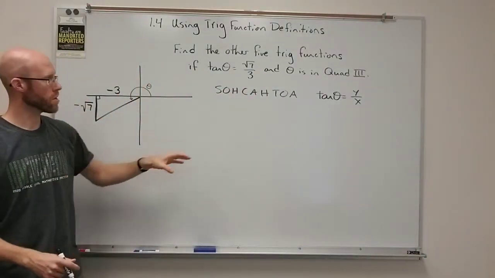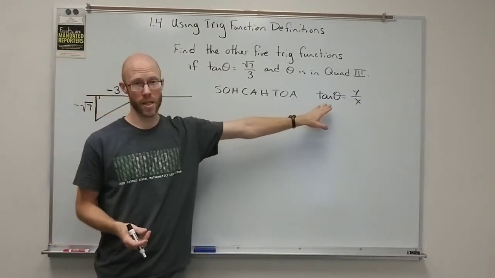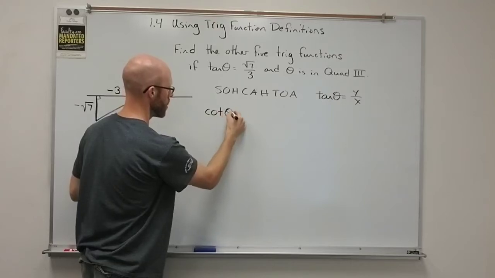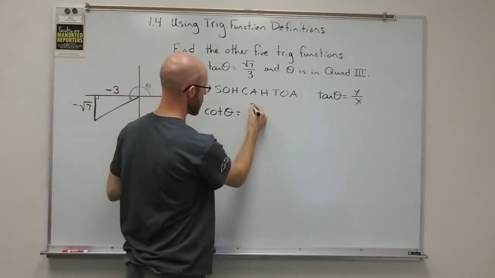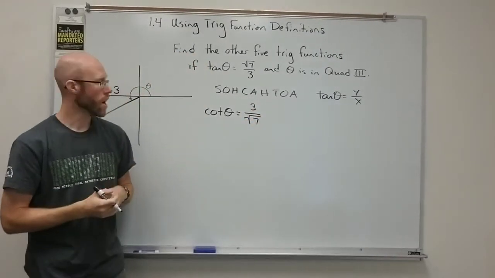Now, the first of the 5 trig functions, the easiest one, is the reciprocal of the tangent, right? So I know the cotangent right away, because the cotangent is always just the reciprocal. So the cotangent is 3 over root 7. Okay, that one's not too hard. However,